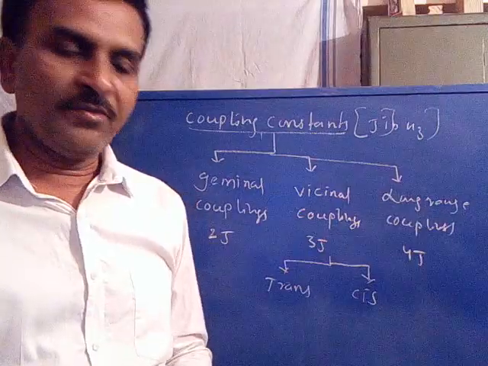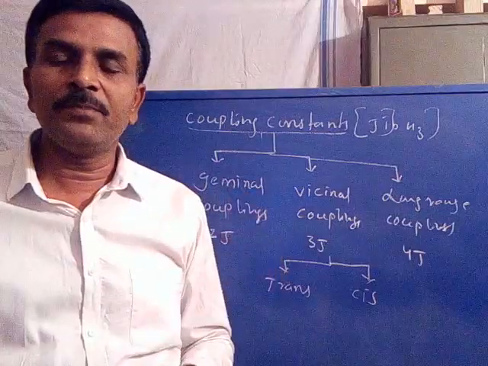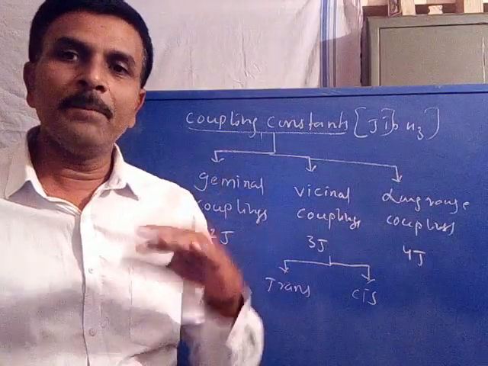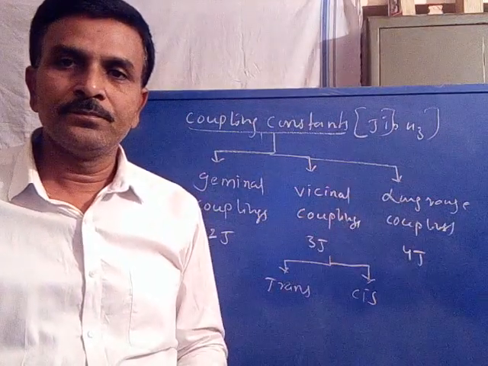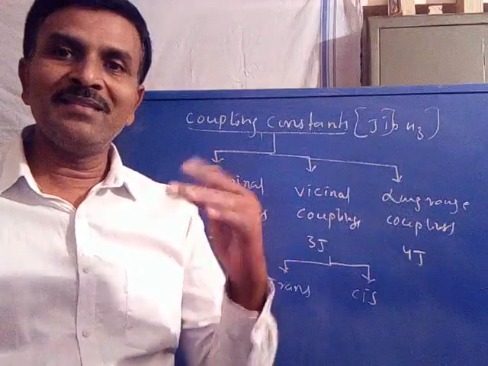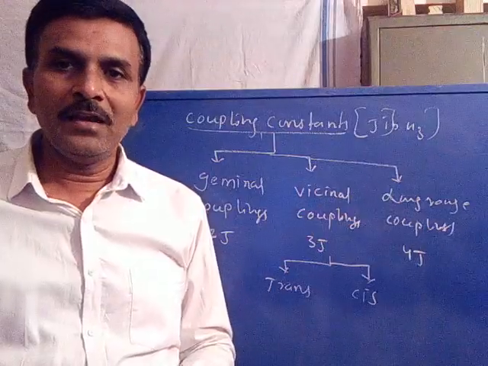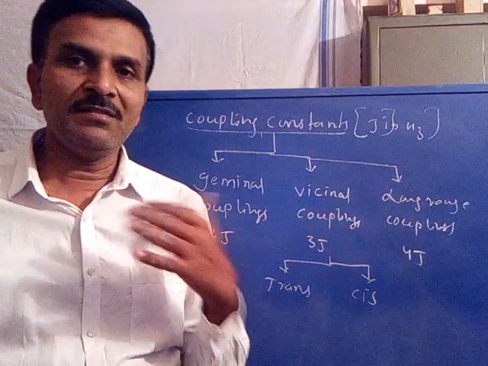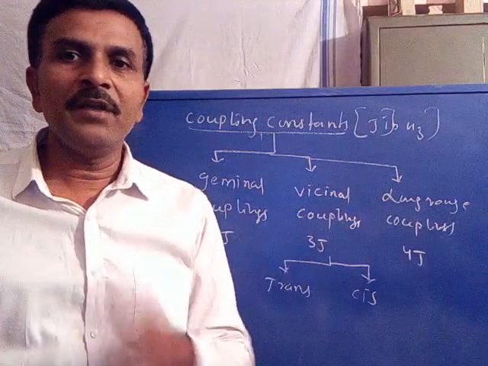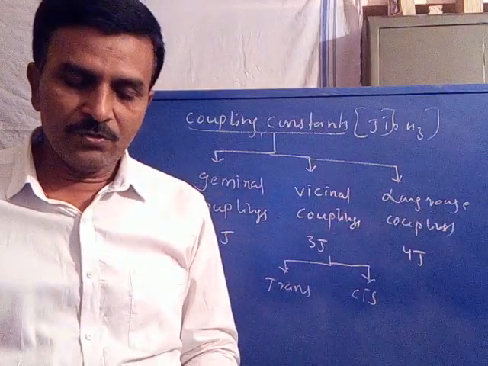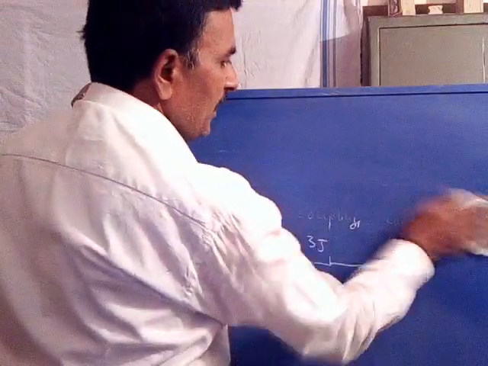Now the value of the coupling constant. The J value for phosphorus nuclei is somewhat less when compared with fluorine and somewhat more when compared with proton. So more than proton and less than fluorine. The coupling constant values for phosphorus are moderate. It is strongly coupled, but when compared with fluorine it is less strongly coupled, and when compared with proton it is more strongly coupled. So this is about the coupling constant, the absorption frequency, and the principle.